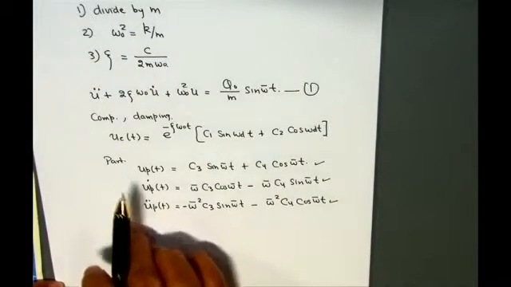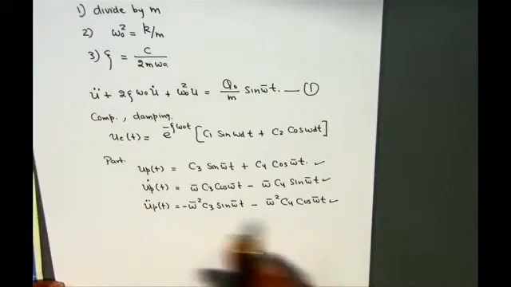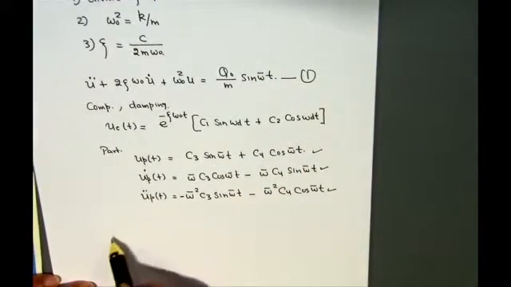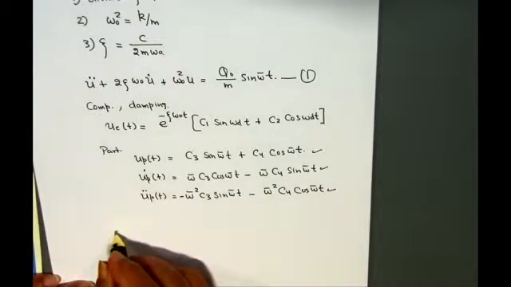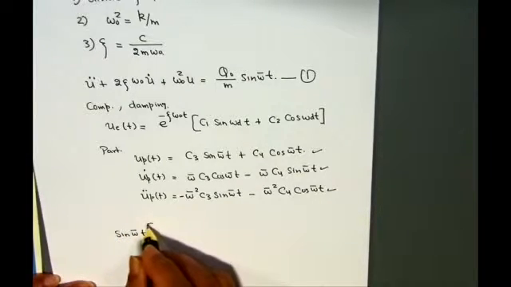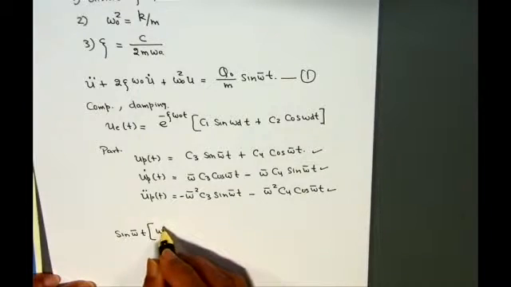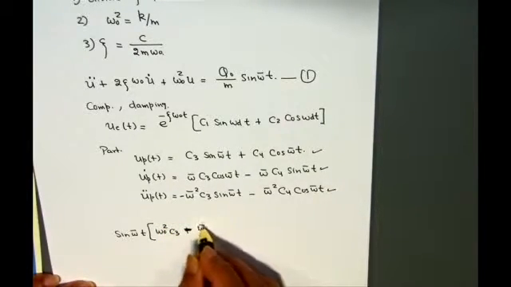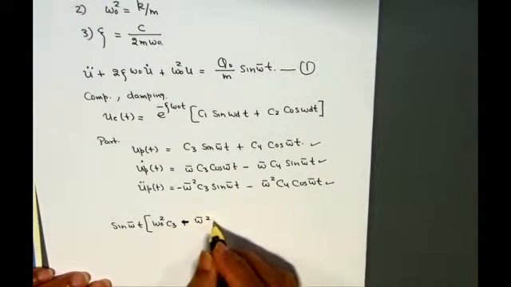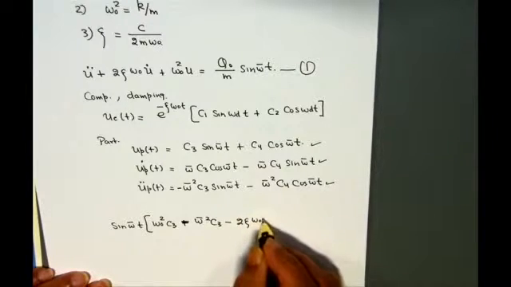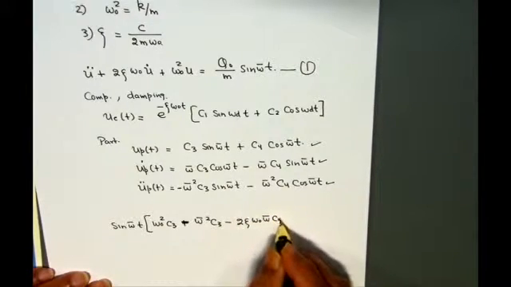So I'm going to skip a step, a couple of lines where you will be inputting these values in equation 1. And after you rearrange all these terms, your equation can be written as sine omega bar t multiplied by omega 0 square C3 minus omega bar square C3 minus 2 zeta omega 0 omega bar C4,